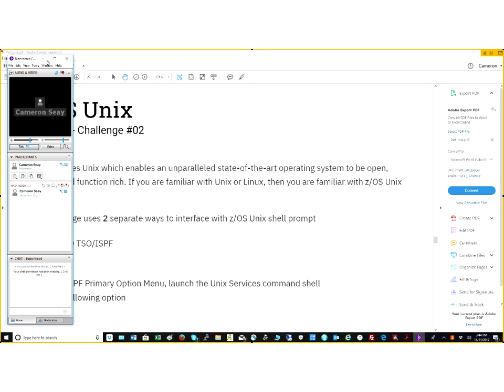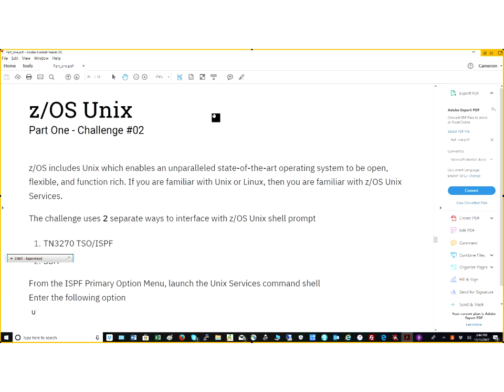Okay, so now hopefully we can go through part 2, challenge 2 of part 1. So let's recap. We discussed accessing the system and getting your ID, getting your password, how to change your password, etc. We did some ISPF. Again, ISPF is an editor for the mainframe, and